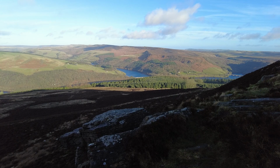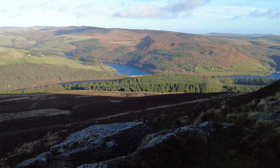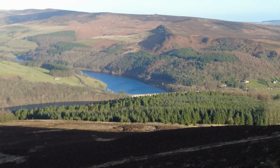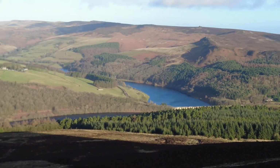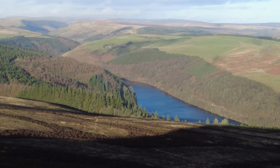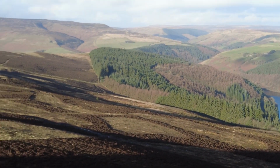Undo my coat a bit so you can hear me. So yeah, we're up on the top. Like I said, I've got the camera out, I'm actually on the tripod, trying to get a couple of compositions set up. It's quite difficult because there's a lot of people obviously up here walking and doing routes and stuff like that. I had the tripod set up just over there just now, looking back towards Mam Tor and back to